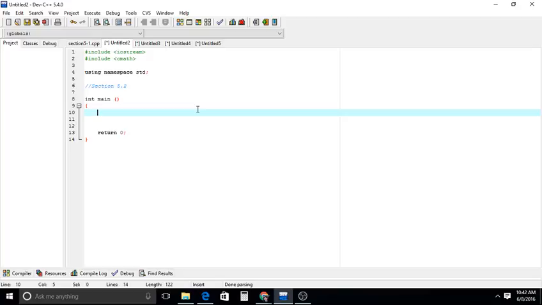You're not always going to have an integer value for your different points. So we write it as such: double